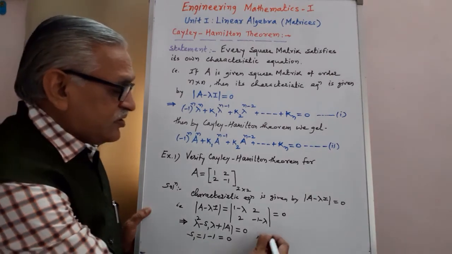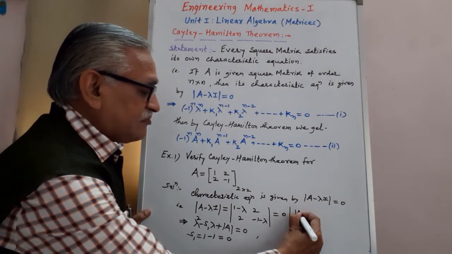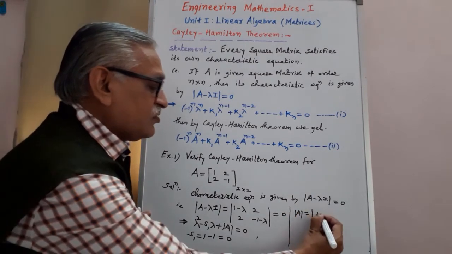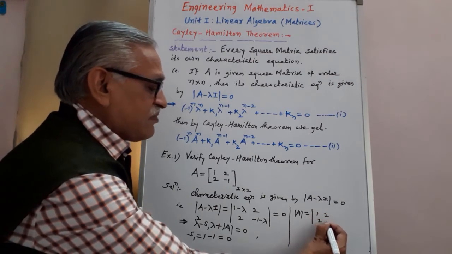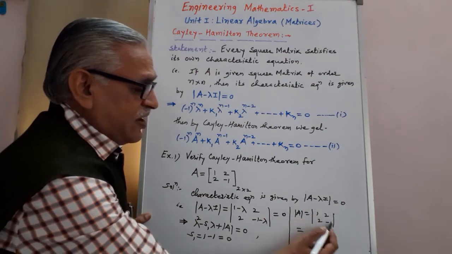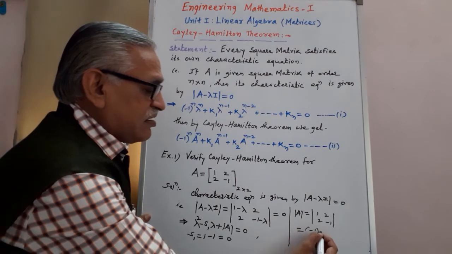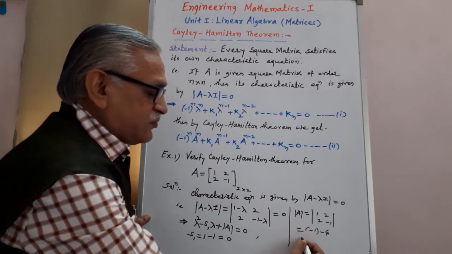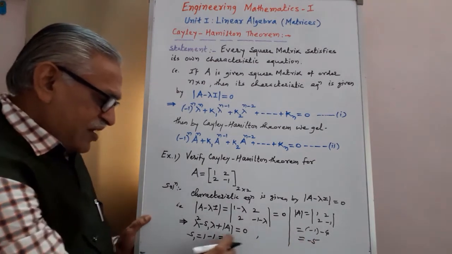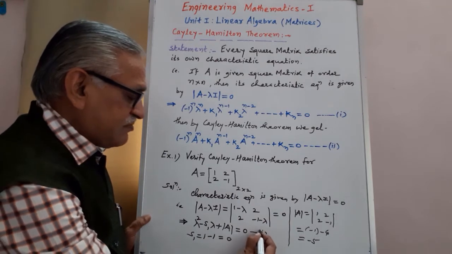And then we find the determinant of A, determinant of 1, 2, 2, minus 1. Evaluating the product, minus 1 and minus 4, we get minus 5. And substituting these two values in equation 1,